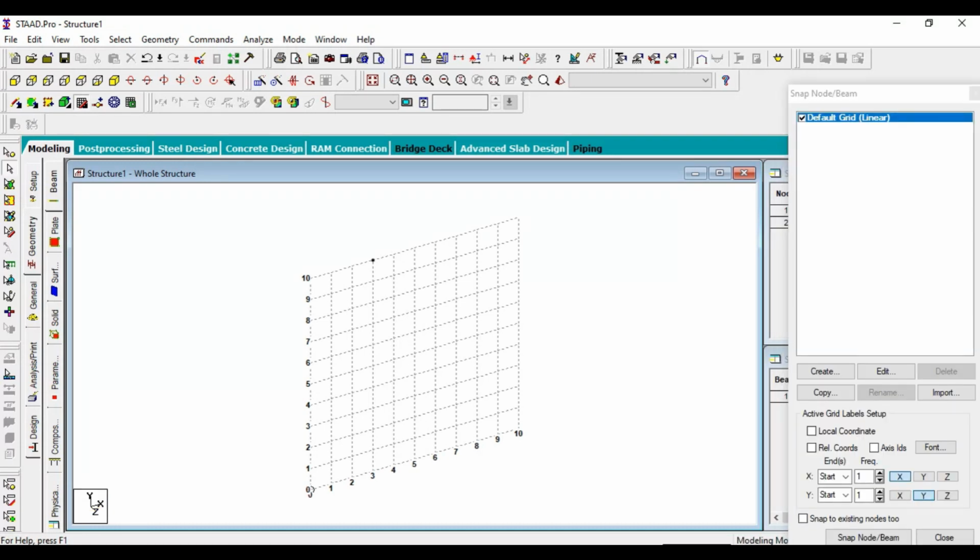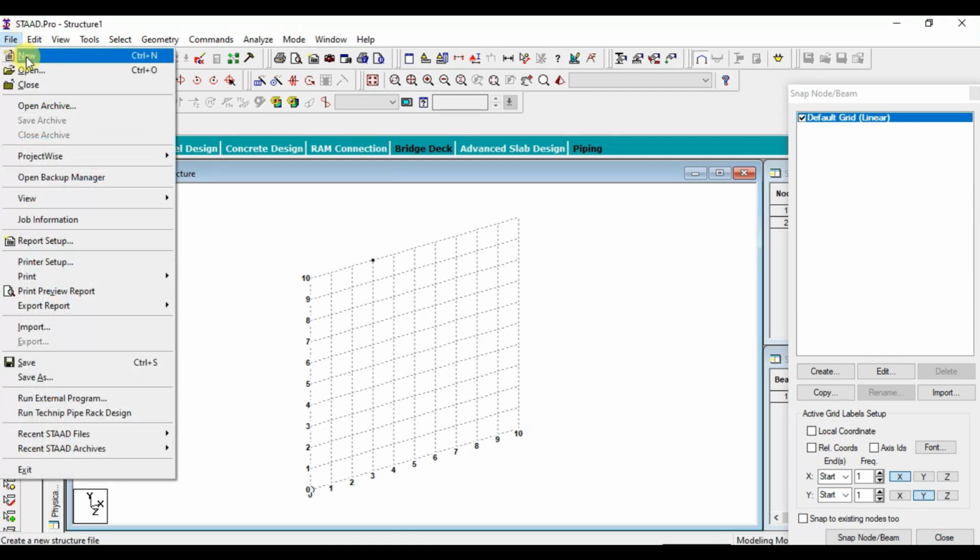Whenever you start learning a new software, it is very important to be familiar with the interface of that software. So let's start with the menu bar, the file menu. In that you can open a new project, even open an old project that you had saved, and you can do save as, export, import, everything under the file menu.